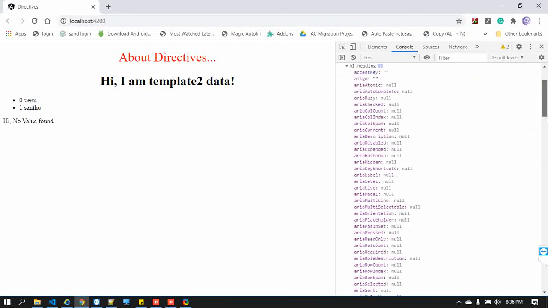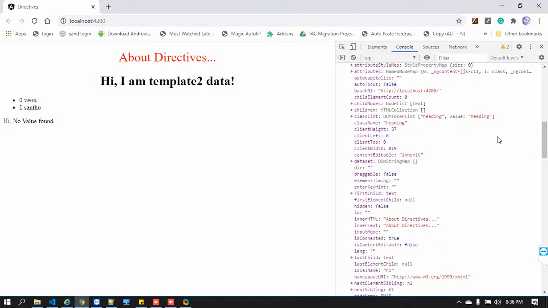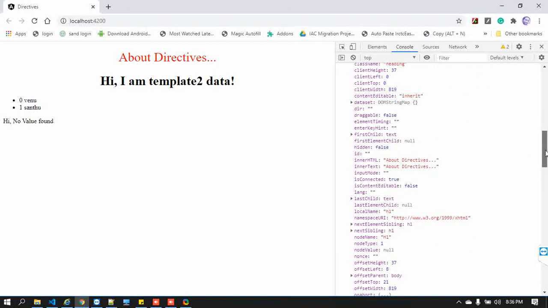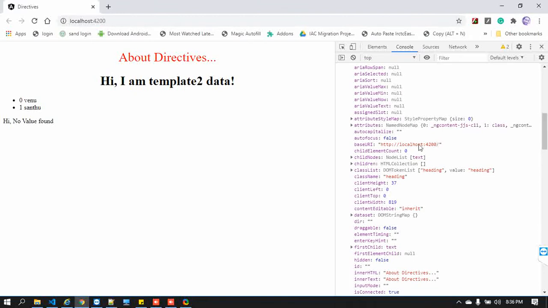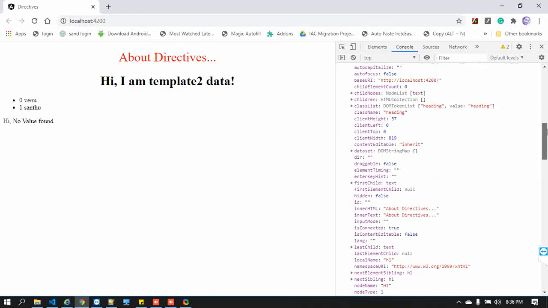In that, let me go for one thing: this is the class name we have, that is fine. And we have another one, which is directly className, that is nothing but heading. And we have another property related to class, so I'm looking for that.